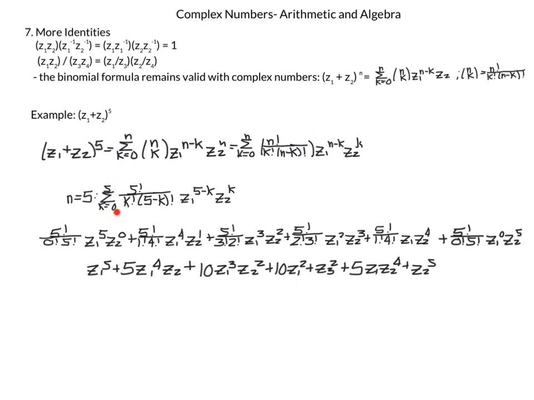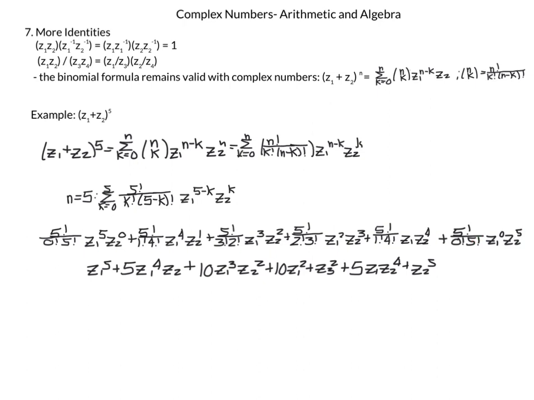So we start with k equals 0, so we get 5 over 0 factorial, 5 minus 0 is just 5 factorial, z1 to the fifth, and z2 to the 0, which is just equal to 1. Now we plug in k equals 1, so we get 5 over 1 factorial, 5 minus 1, which is 4 factorial, z1 to the fourth, z2 to the 1. We plug in k equals 2, k equals 3, k equals 4, and k equals 5, and then simplify algebraically,